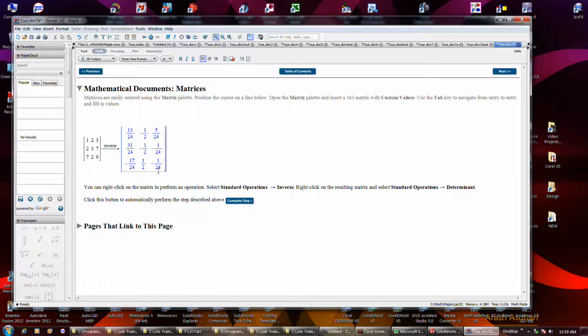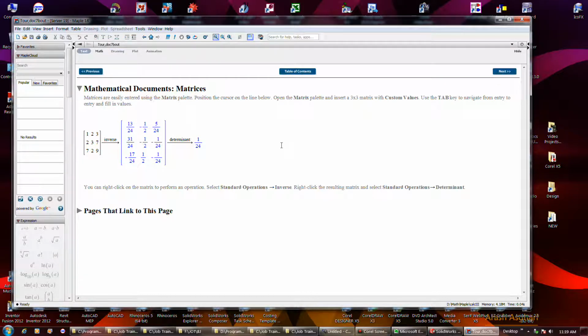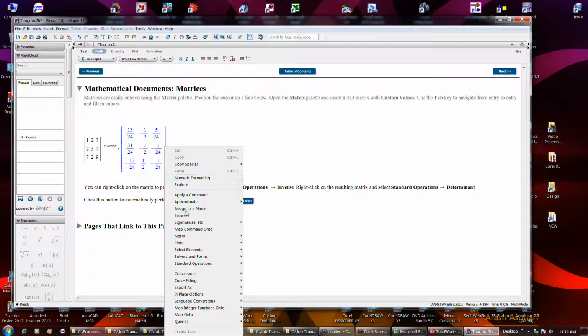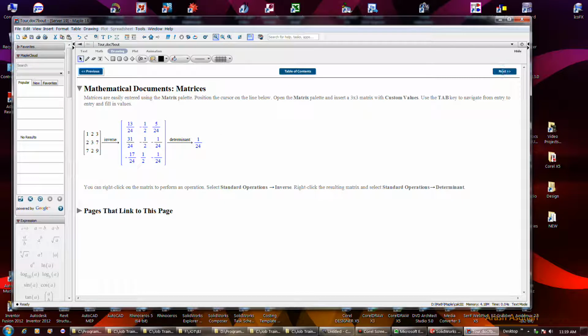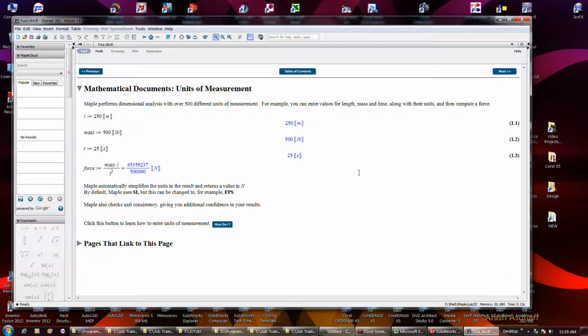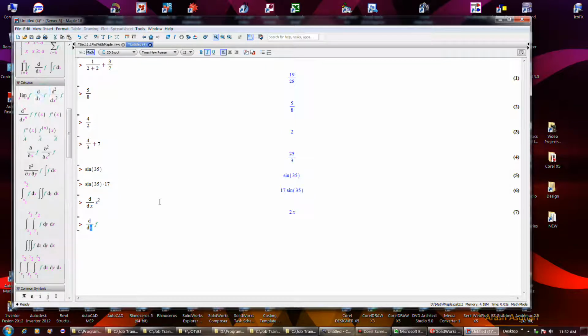Okay. Determinant 124. Okay. Standard operations, determinant. Okay. Select modivity. Units of measure. Huh. It's supposed to be a 10-minute tour, but okay, well, entering things like